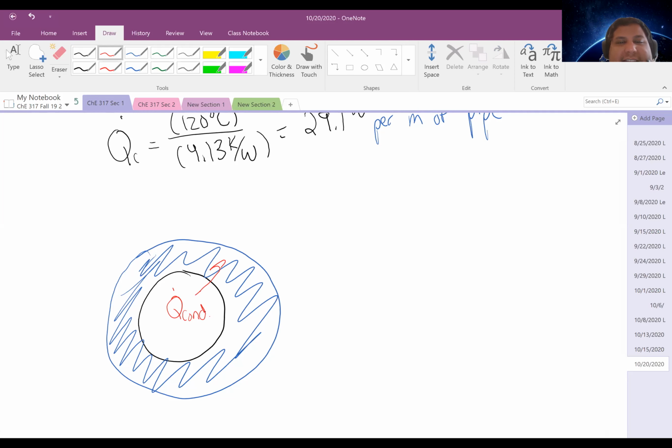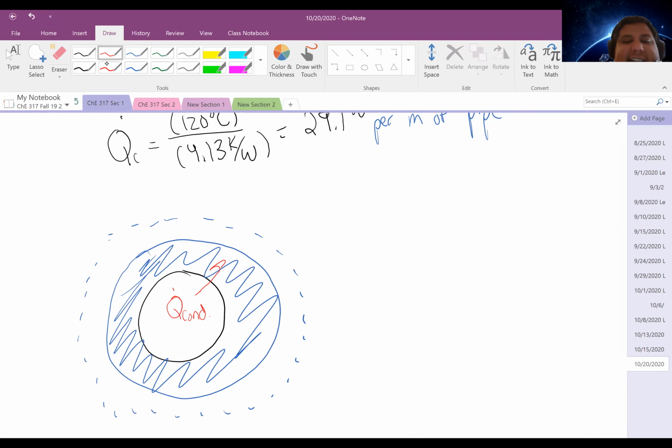However, what we find is, let's say if I add an even thicker layer, as shown by this dotted line,